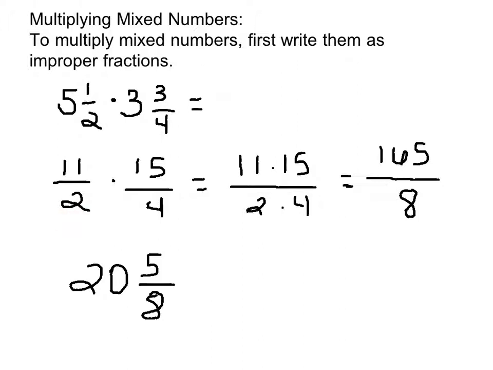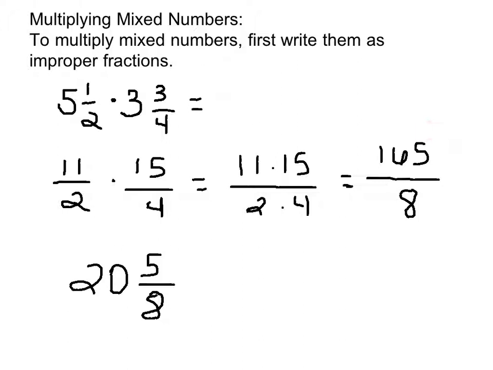3 3/4, the same process. 4 times 3 is 12, plus 3 is 15, keeping your denominator the same. Then we can rewrite this as 11 times 15 over 2 times 4. We do the multiplication and we get